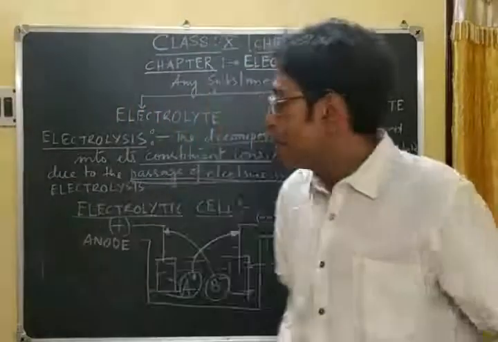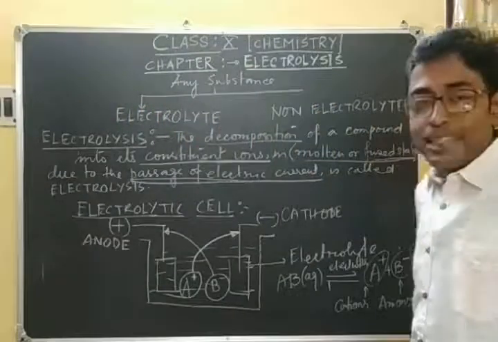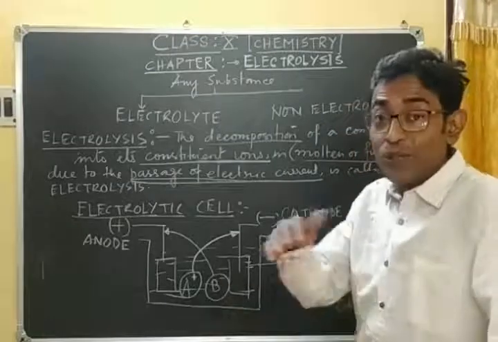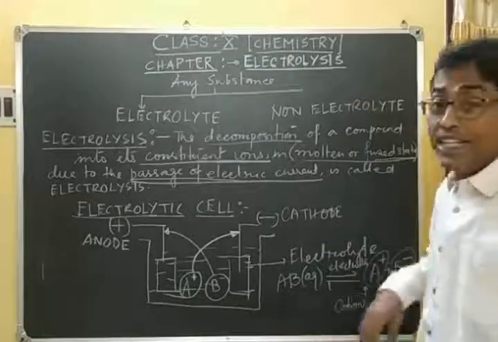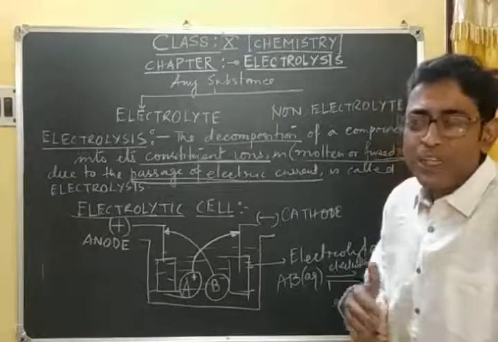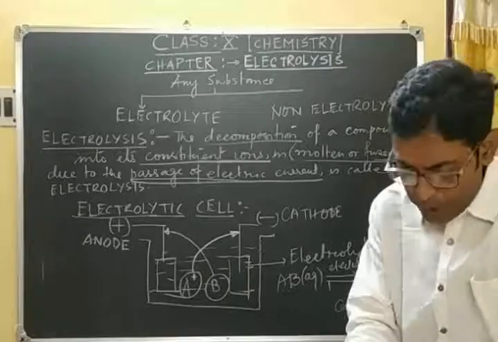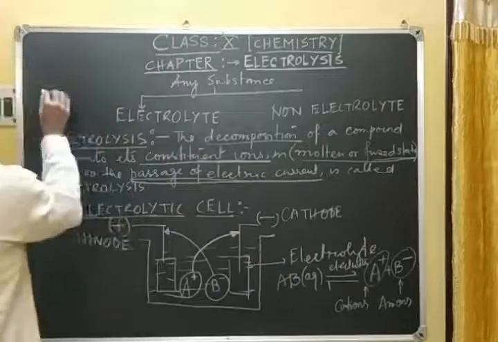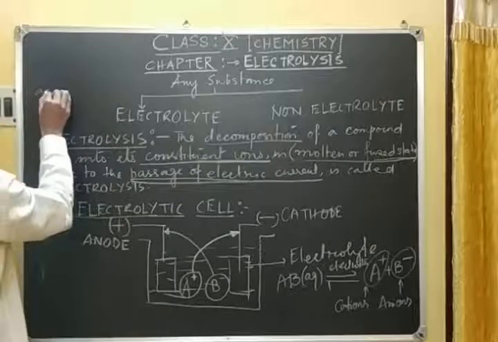So to sum up what is going on, any substance in the world can be classified into two categories. One is electrolyte, another is called a non-electrolyte. Electrolytes are the substances where electrolysis can take place. So we can give some examples of this one. Say electrolytic substance is acidified water,